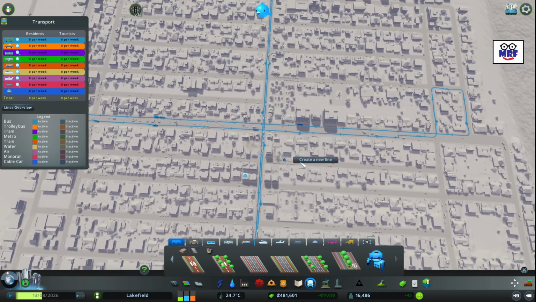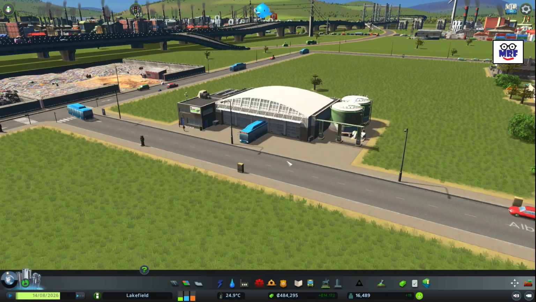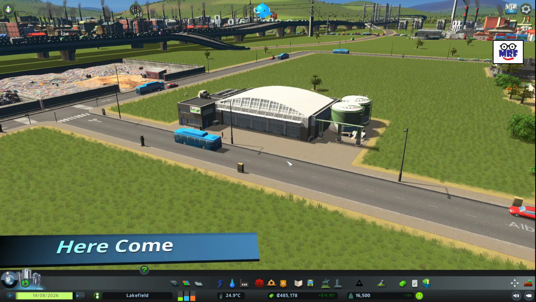bus lines or bus routes. So now we'll let those bus routes run for a little while, and we'll come back and see how they're doing. So now that our bus routes are built and we have a bus depot, as you can see here,